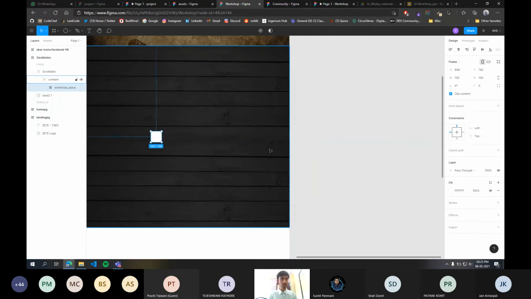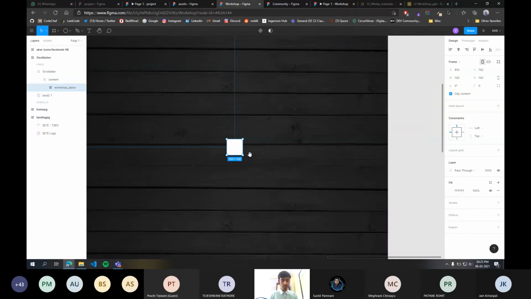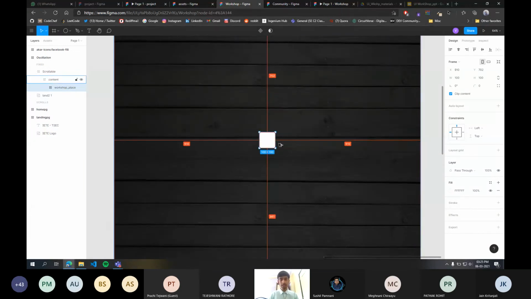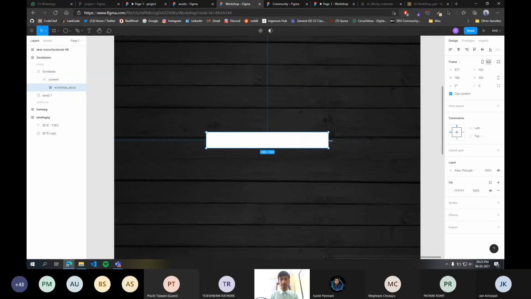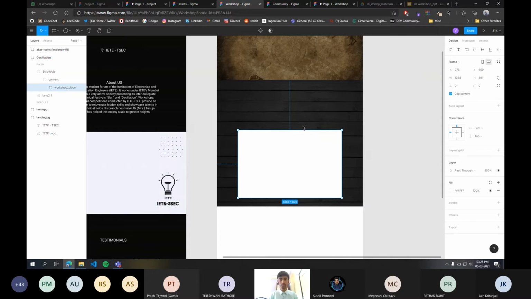Drag it over here and center align it. To extend it symmetrically, press and hold the alt key on your keyboard and extend it from one side. It will also extend symmetrically from the other side. This much width looks perfect. Let me give it a random height.